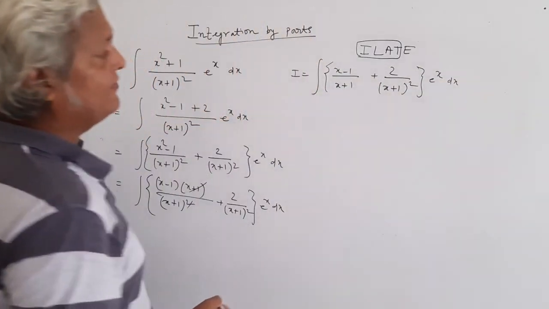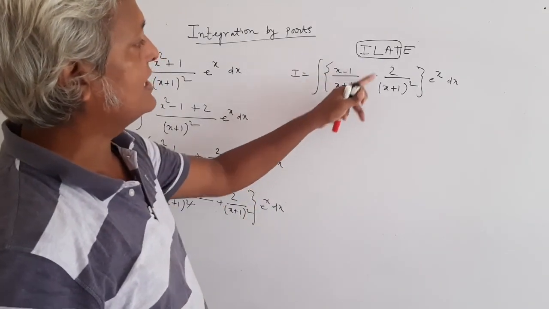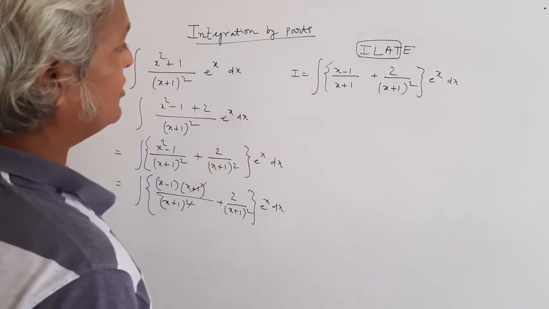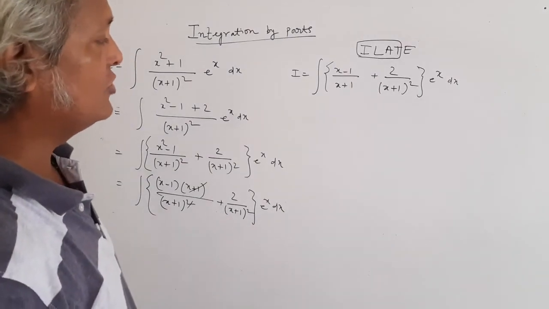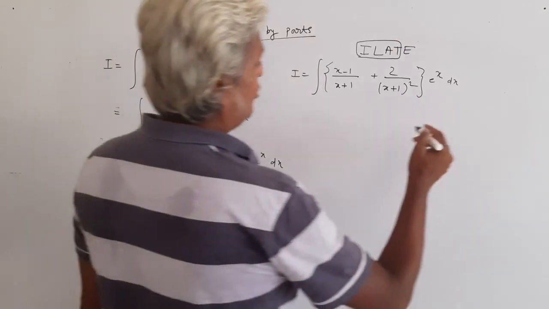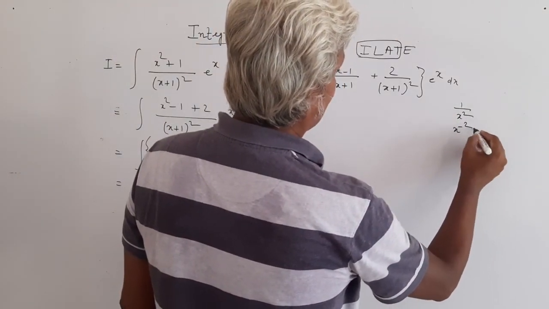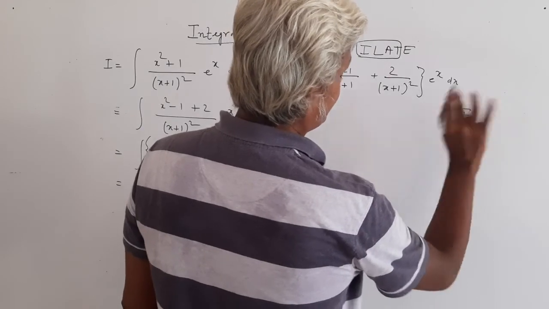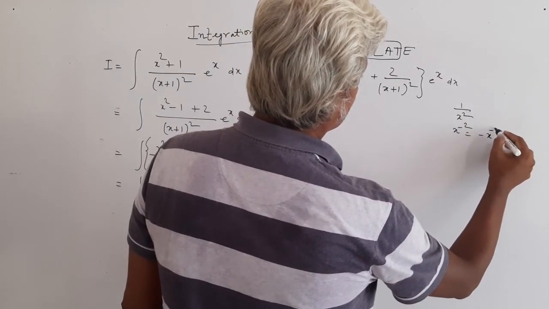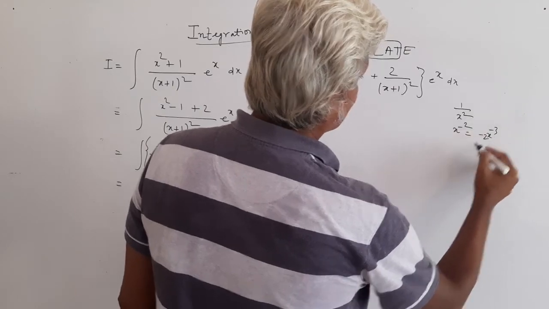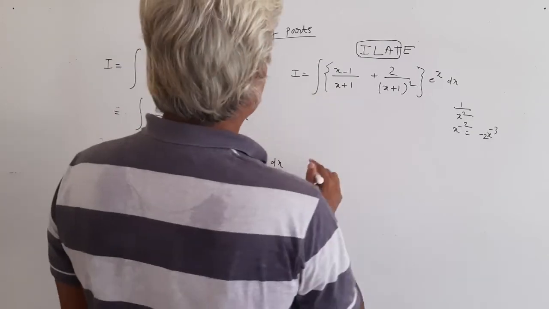Now we have to check whether we have two functions, and this is x minus 1 over x plus 1 and this is 2 over x plus 1 whole square. So which one is your f x and which one is your f dash x? So how to know that? But you know that integration of 1 over x square is x to the power minus 1, and differentiation is x to the power minus 2, minus 3. So you'll never get this kind. So I should take this one as first function.